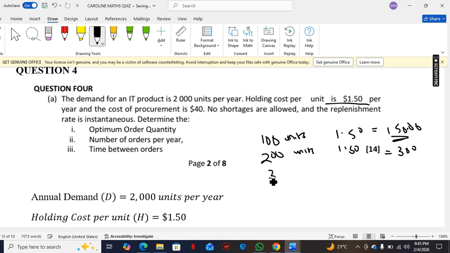If you bring 300 units, the holding cost is going to keep on increasing. At the same time, colleagues, while these holding costs are increasing, there's another cost you're going to be incurring. That is your ordering cost. Every time you need to make an order,